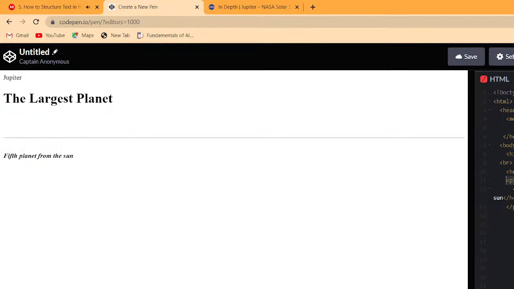Okay, so that wasn't so hard. All we have to do is just to indent so we're in the right position, we're inside the body tag, and we're going to create a new paragraph element. So this is going to be on a new line from this